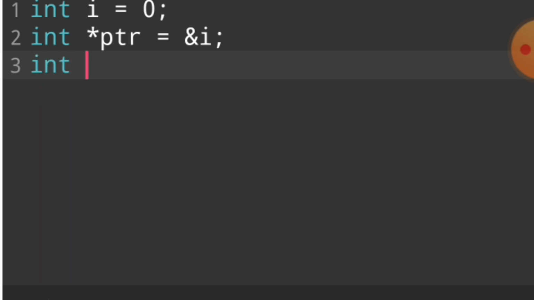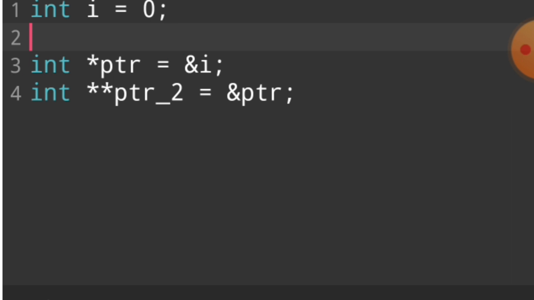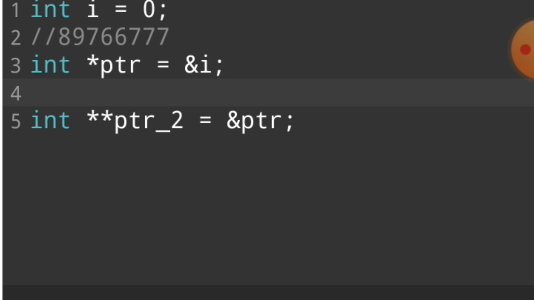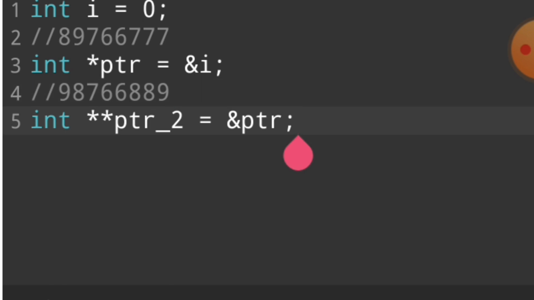First of all, we say ptr2. So if ptr2 is equal to the address of ptr, then the address of ptr is stored in the pointer to pointer. First of all, the value of I is stored at its address, and then the value of ptr is stored at the address of this value. So this is stored in ptr2, because a pointer to pointer is capable of storing any address of a pointer. For example, this is a pointer.